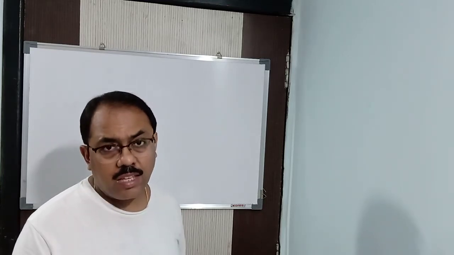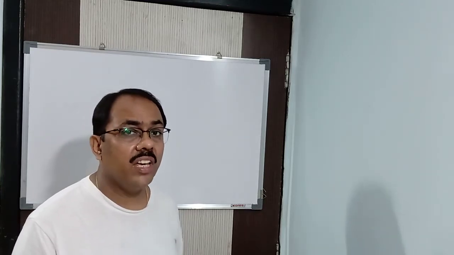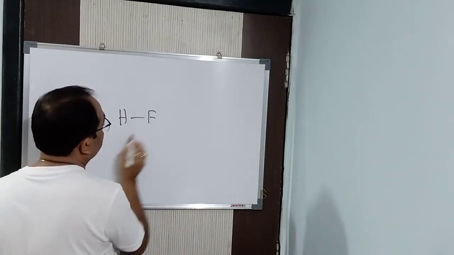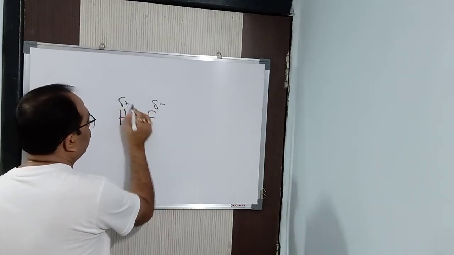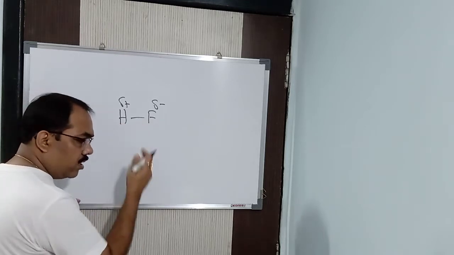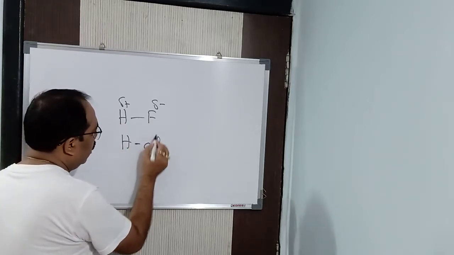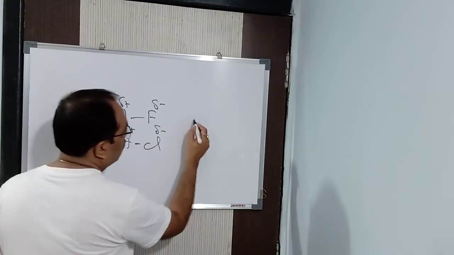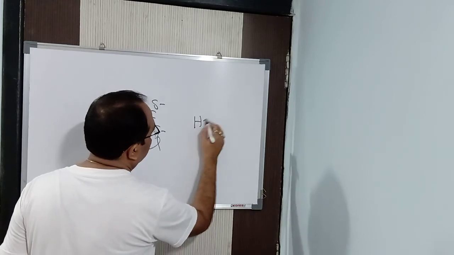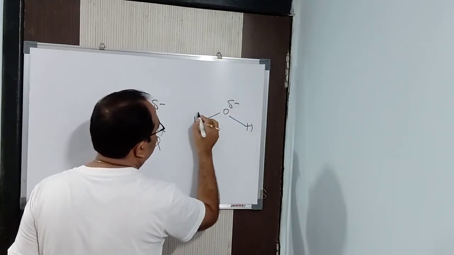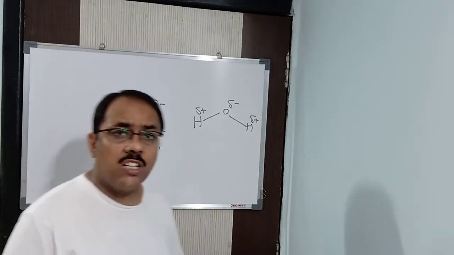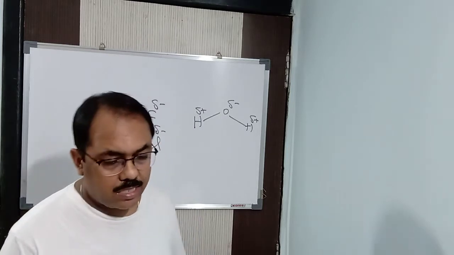But when some difference in electronegativity exists, for example in case of the HF molecule, it is polar, because fluorine is more electronegative and hydrogen is electropositive compared to that. They don't have the same value of electronegativity. For example, HCl. For example, water, between hydrogen and oxygen. Clear? So in this way, when there exists a difference in electronegativity,